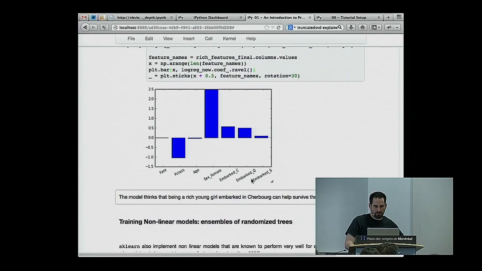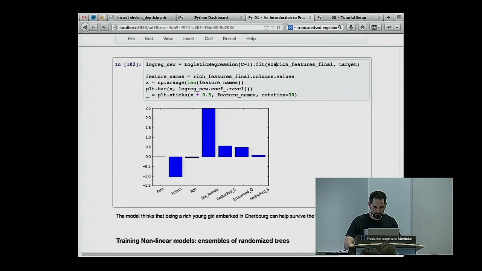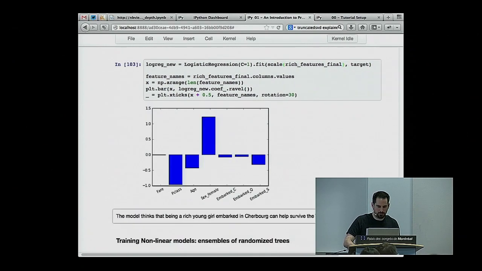All right, so we could do this again with scaling and see how it impacts. And now we get the opposite for those guys. So I think it's maybe people who embarked at Southampton were closer to the lifeboats. It's possible, but